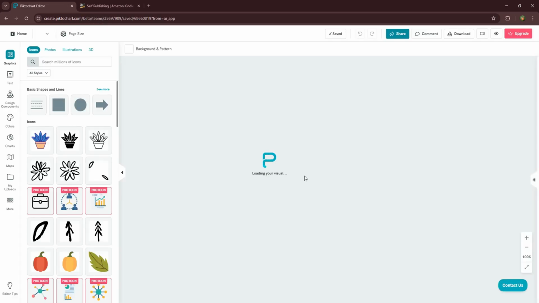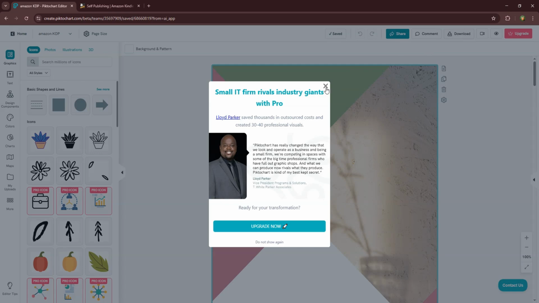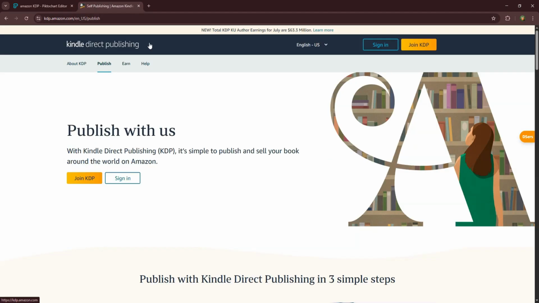You will then be taken to the editor page. From here, you can customize it further or use the options on the top to download or share your ebook. So I will click on Download and click on Download PNG. After that, let's head over to